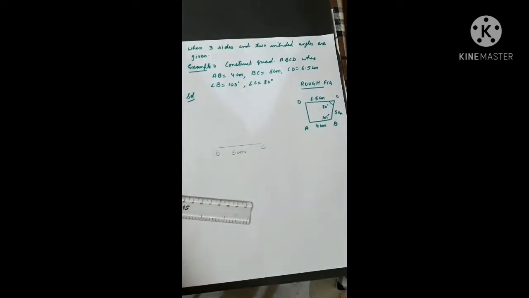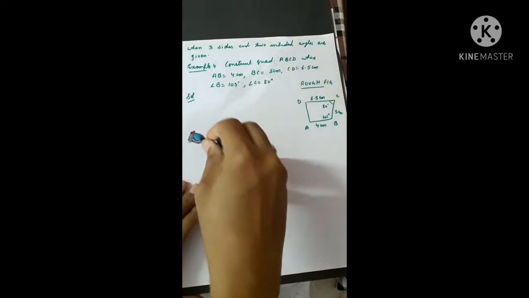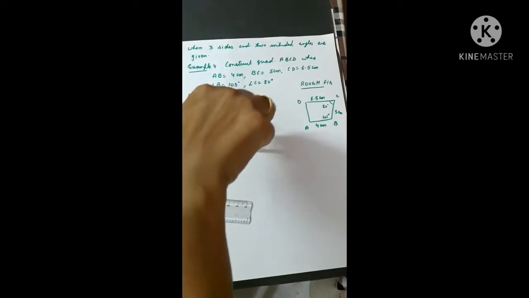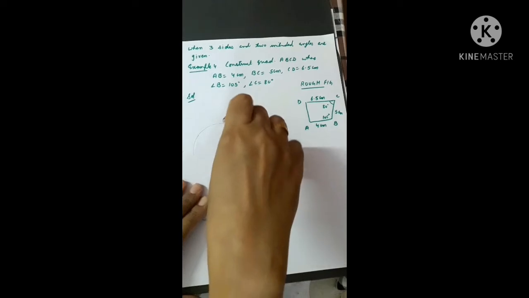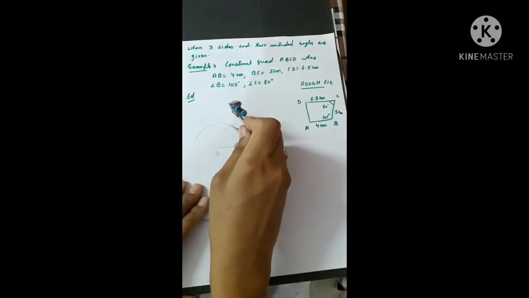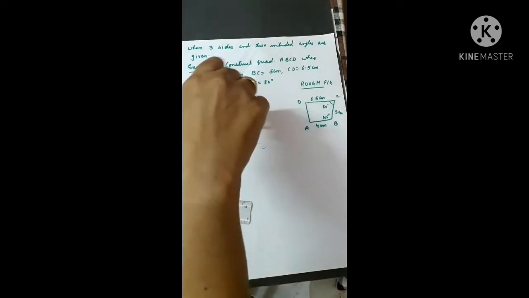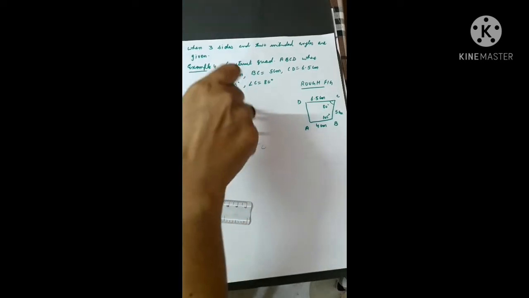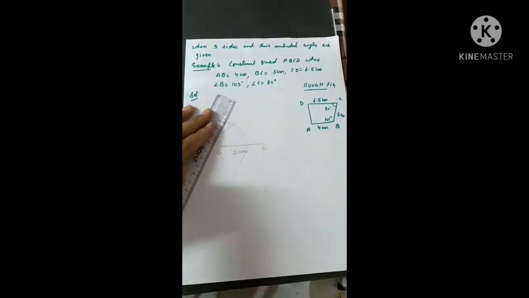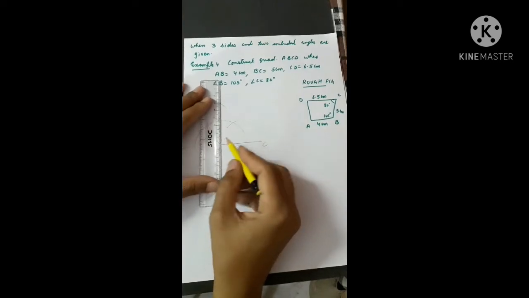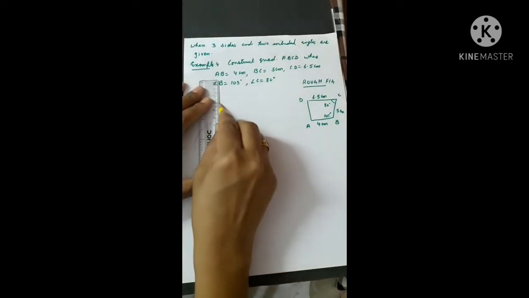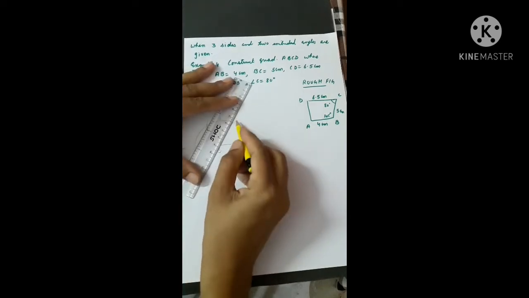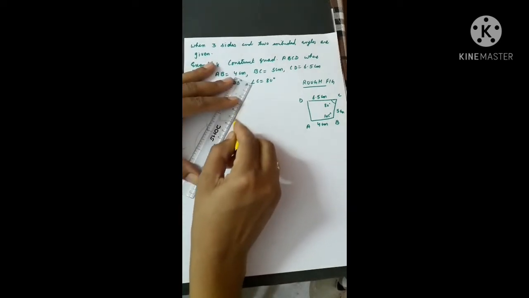At point B, I have to construct an angle of 105 degree. So with the help of a compass, I will construct 105. First I will construct 90 and 120, and the bisector of 90 and 120 is 105. Again and again when you construct these angles, you will learn, also if you have forgotten how we used to construct these angles. So this is 90 degree. Again I will make a dotted line, the angles which we are going to draw with the help of the dotted line.